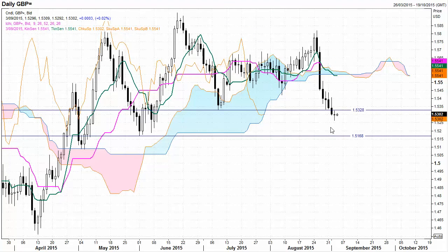Next to cable, the British pound US dollar, and here we've seen formation of a very weak, indecisive doji type candle, and that followed the very strong bearish breakout down below the 153.28 level. There was an opportunity here for the sellers on this breakout. The sellers had strong control of the market, and they've lost that control for today's trading by closing around the midpoint level. This is an indecisive candle, so the opportunity is here for the buyers, but the buyers may face